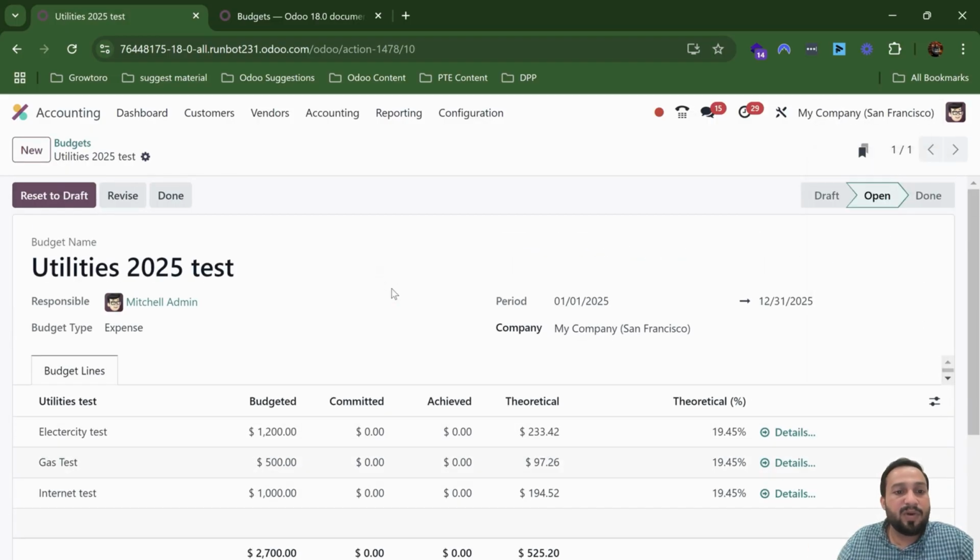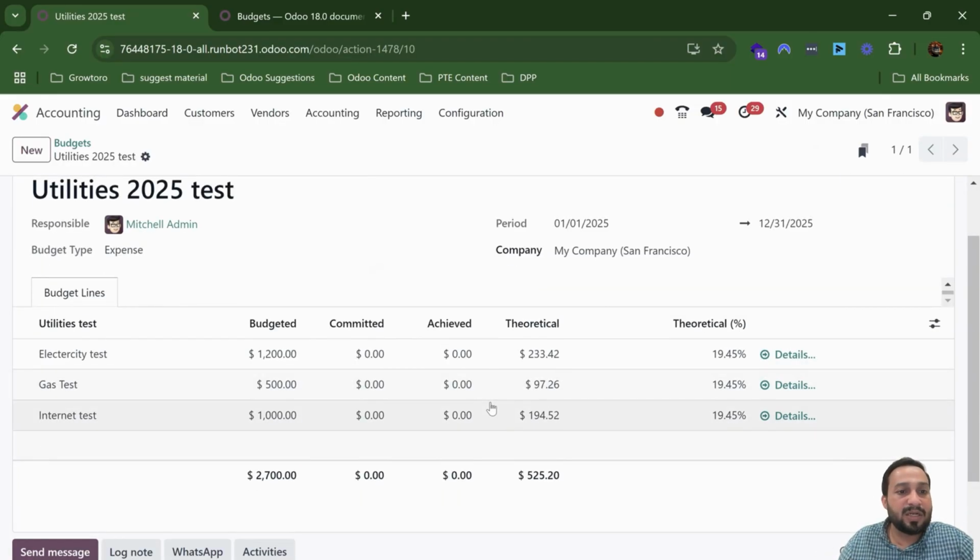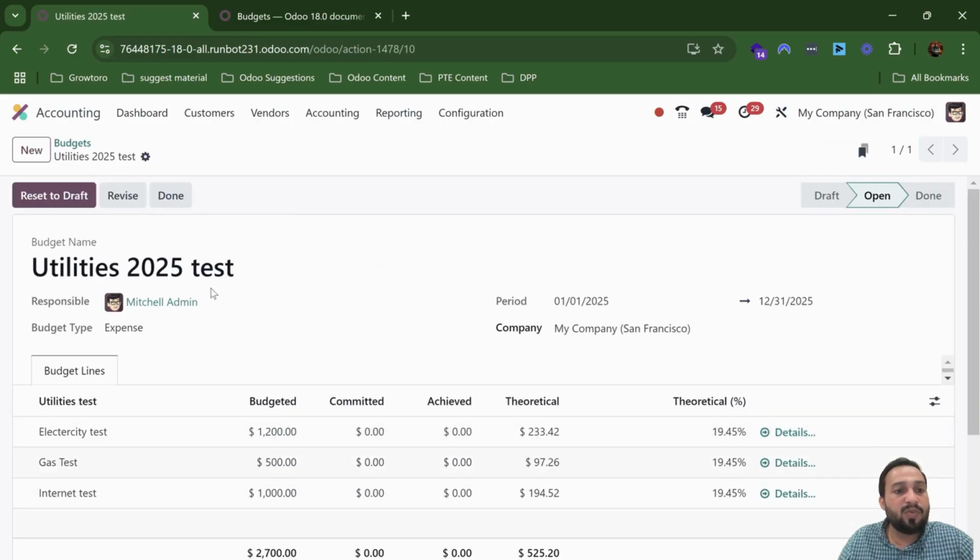The other thing, for example: you have created a budget, you open the budget, and the budget is now activated. Now you want to make some changes to your budget. How can you do it? There is one option: you can click on reset to draft and then make changes. But the other option is simply to click on revise